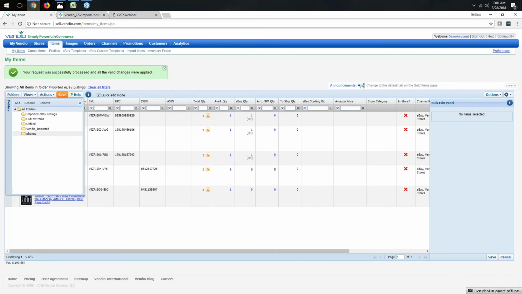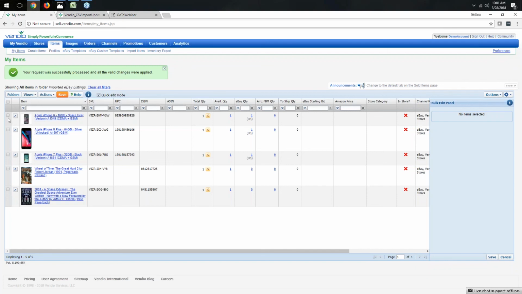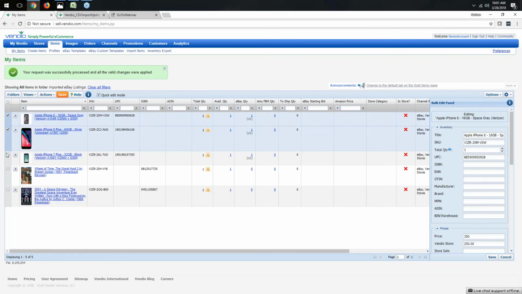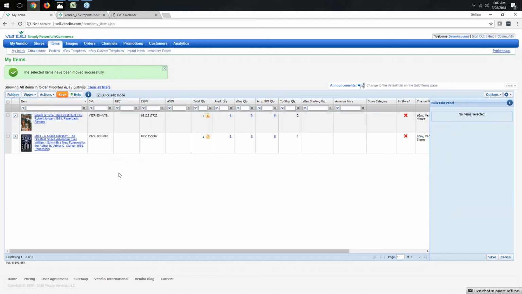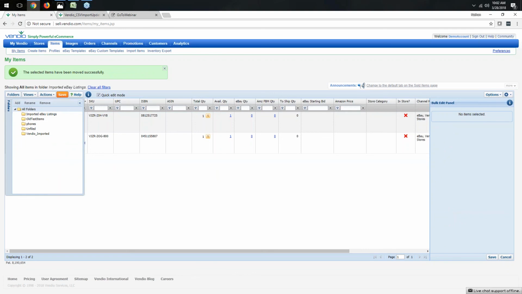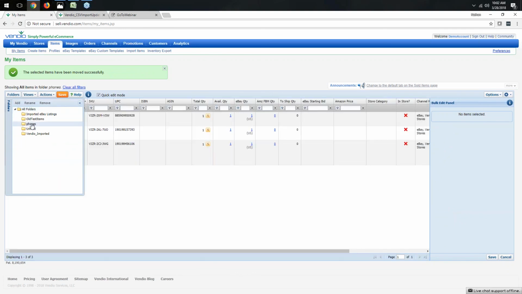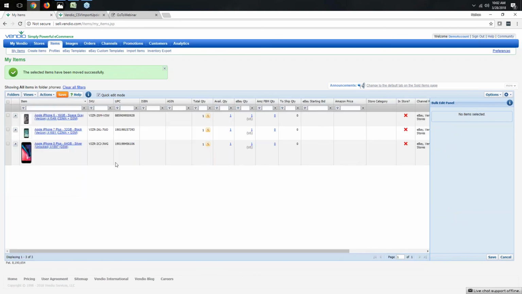You can see that folder now exists here. And then we're going to go back to the main page, select our phones, click actions, move, select that new folder, and then click OK. And now when we go back to folders and to phones, you'll see that we have a folder with only